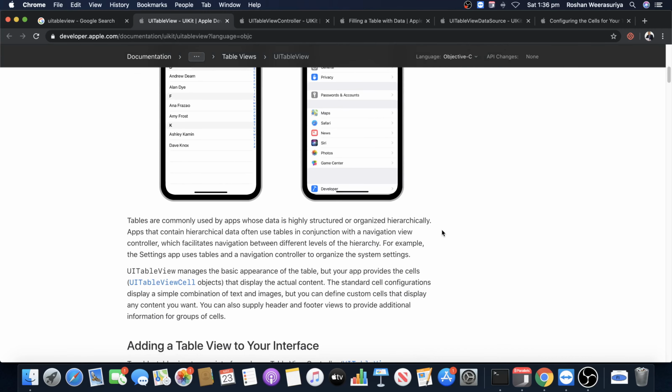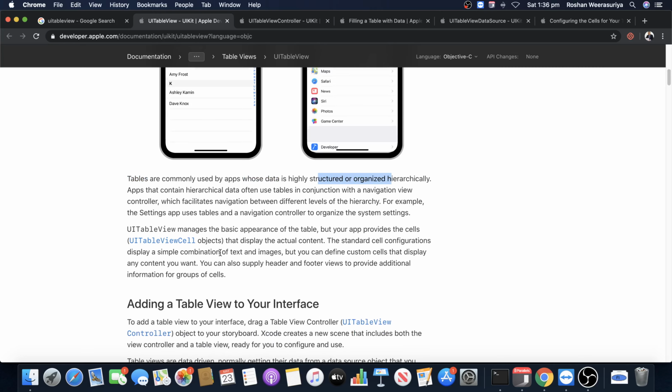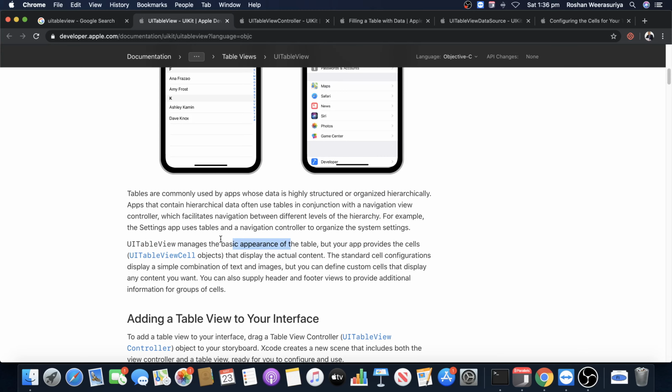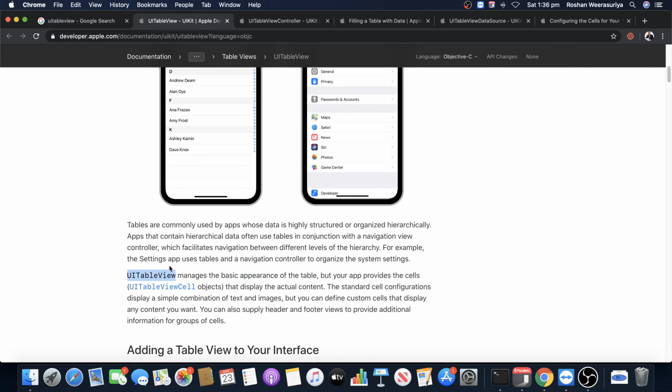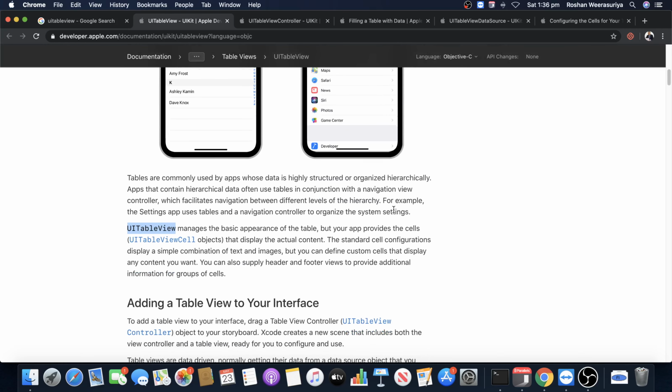Okay, right? So they say tables are commonly used by apps, right? You want to structure them hierarchically, right? And the UITableView manages the appearance of the table, right? So the appearance of the table is managed by the UITableView class, right? It manages the appearance, but there are cells inside that, right? So you will have UITableViewCell objects inside that. So you will see them in the practical we are going to do